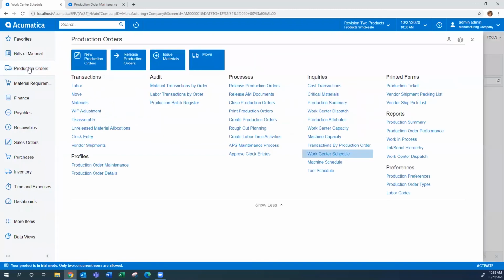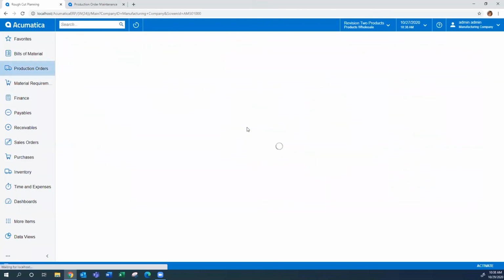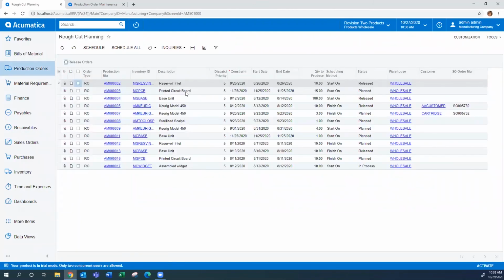The way that you slot those specific production orders into specific time slots is in your rough cut planning screen. So this is sort of your whiteboard, for taking a look at all of the things that have not been firm scheduled, and then allocating exact production times and planning activities for your work centers so that you know what you need to make and when you need to make it within a given day